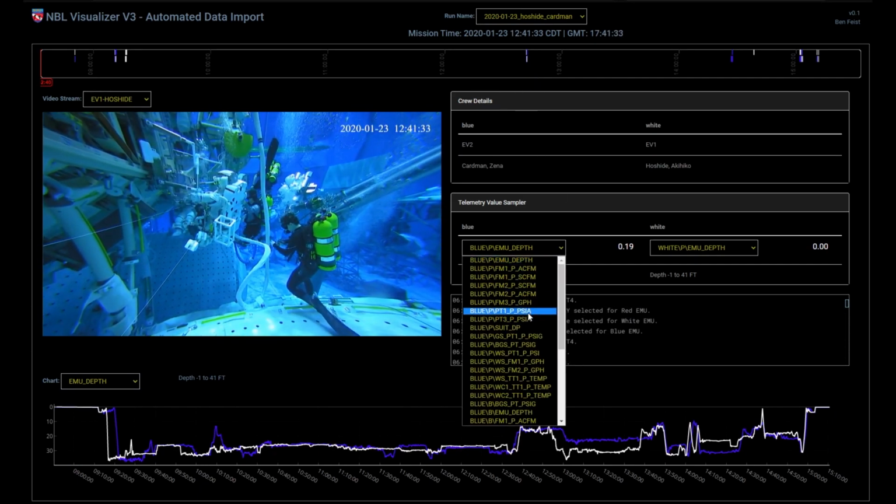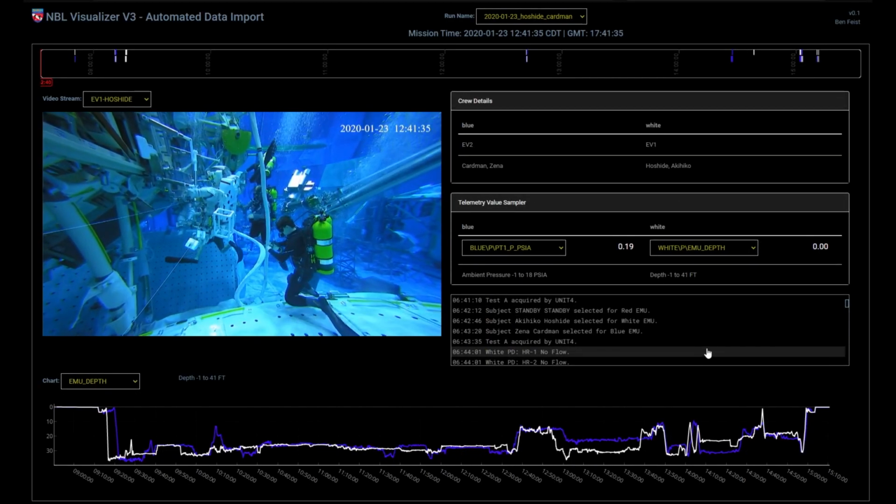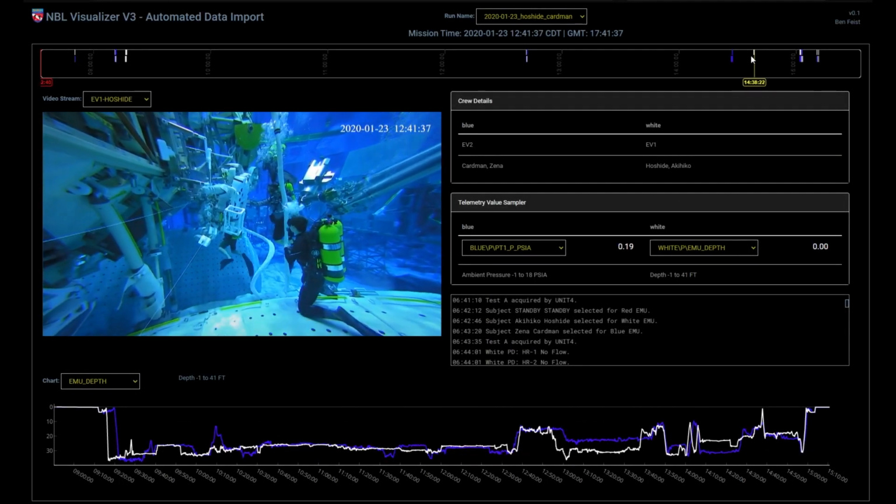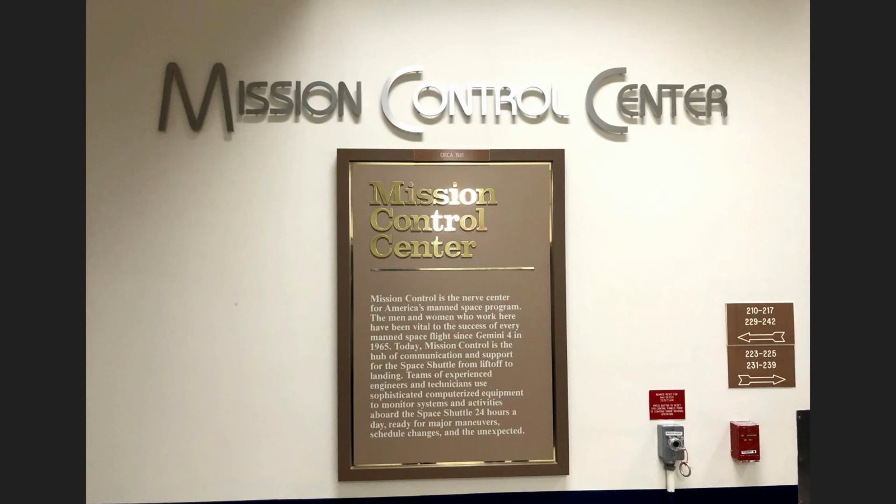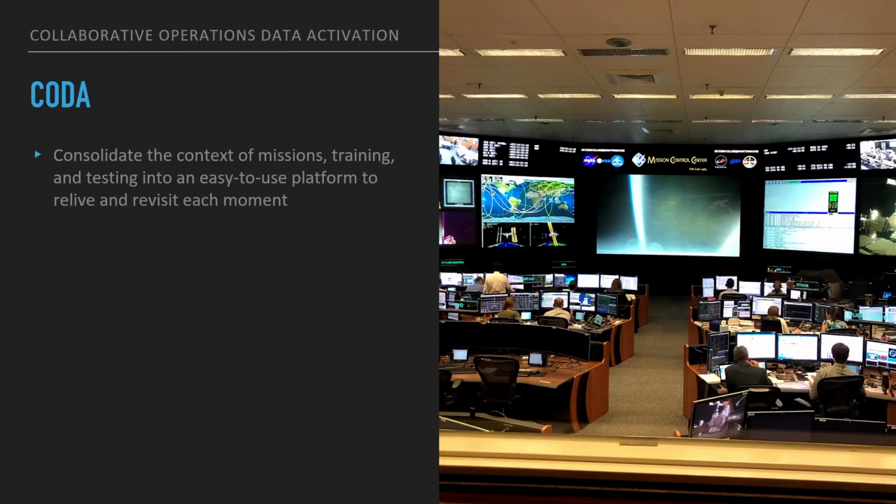Because they trained for EVA, this quickly caught the attention of the EVA office, and they said, NBL is great, but let's do this for mission control. And I thought that might take a long time to try to show enough value that people would want to take the risk to do this in mission control. But it's so tempting and so useful that people wanted it way sooner than I thought. So it has resulted in this effort. This is what I spend most of my time on now.